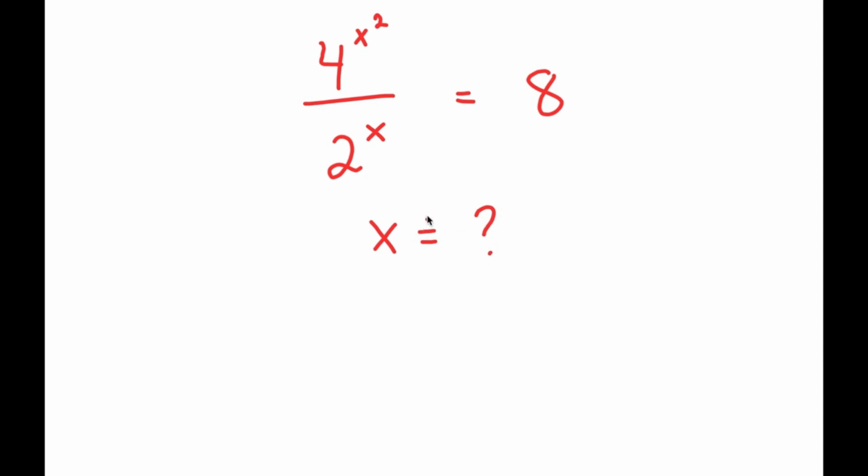Alright, so in this video, I'm going to solve the equation 4 to the power of x squared over 2 to the power of x is equal to 8. So the only variable I'm solving for, and the only variable that's in this equation is x. Now for my solution,